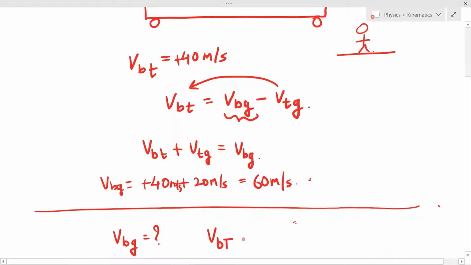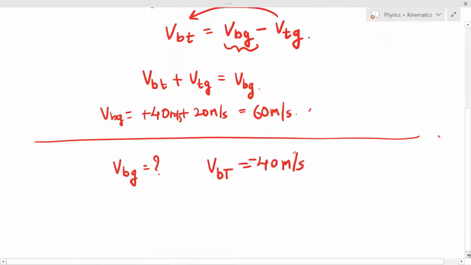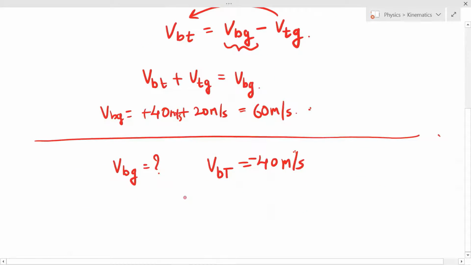So velocity of ball with respect to trolley is 40 meter per second in the negative direction, hence minus sign. And we have to know velocity of ball with respect to ground. Again apply the same formula. Velocity of ball with respect to trolley is velocity of ball with respect to ground minus velocity of trolley with respect to ground. Velocity of ball with respect to ground is to be found out, so this is VBG. This becomes VBT